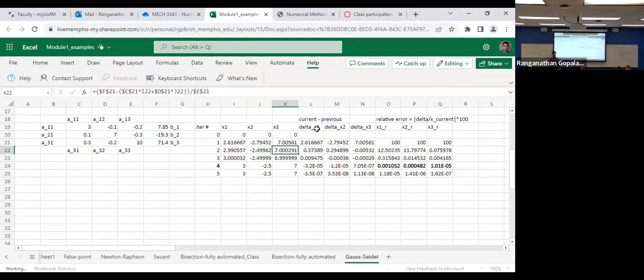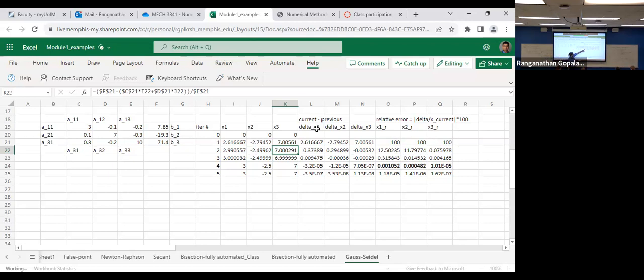Now, in this type of problem, I generally don't encourage the use of relative error because sometimes 0 could be a solution to your problem. Sometimes 0 could be a solution, which will then lead to a relative error of infinity. So it is best you look at the absolute error and keep looking at its magnitude. As successive iterations go, that difference reduces to